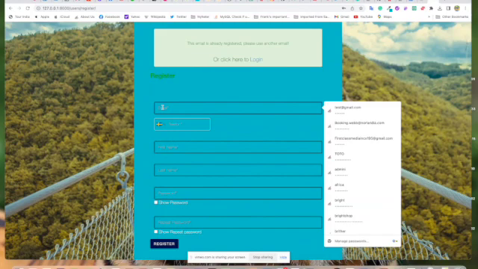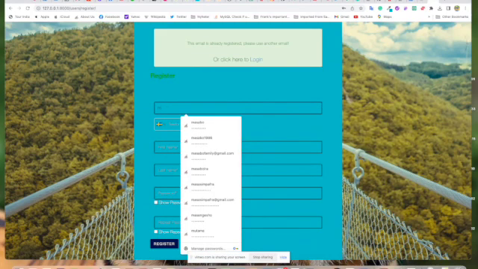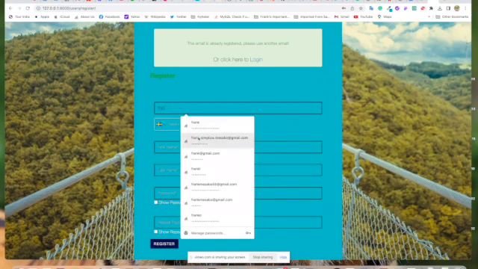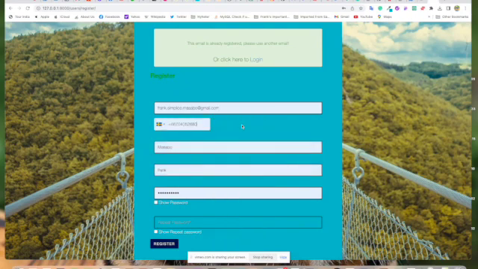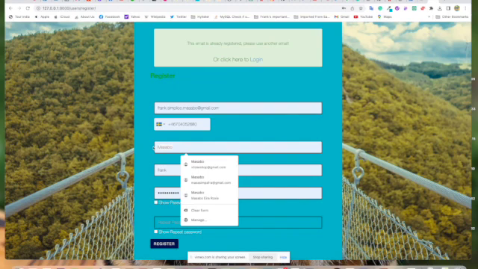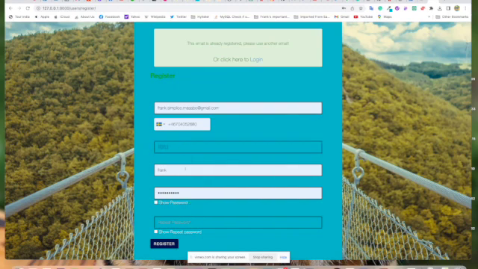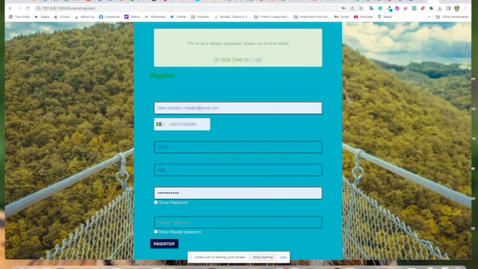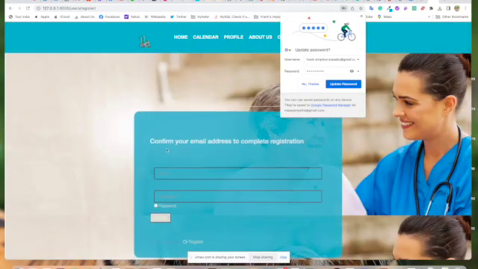Let me try another one. Maybe, of course, here I must use a valid email. Otherwise, it cannot work. Because as you can see, we have to verify. So use this one. Register. As you can see,